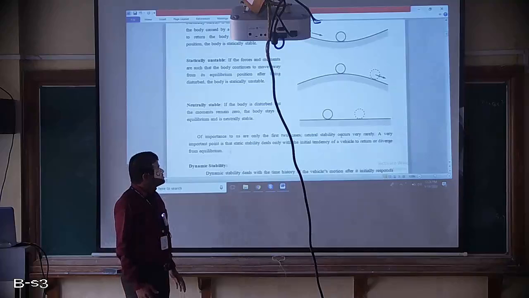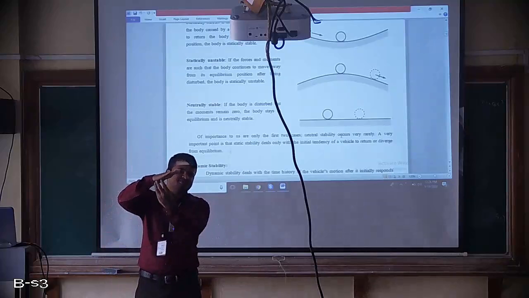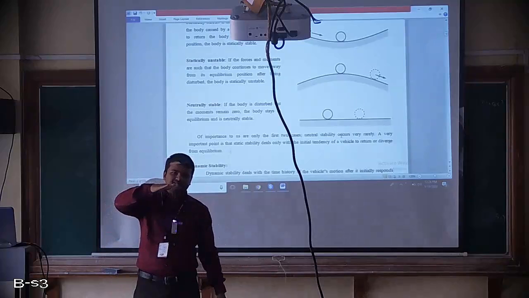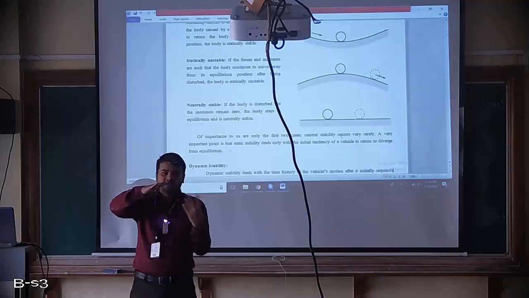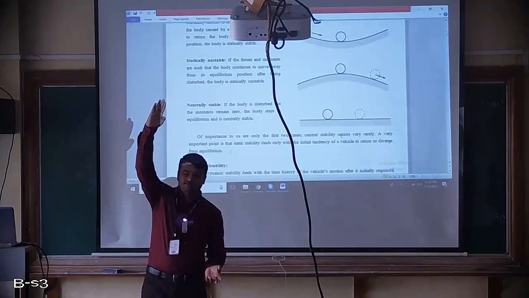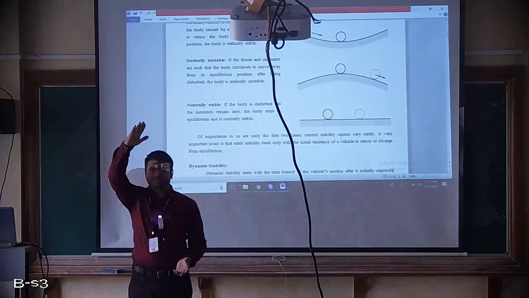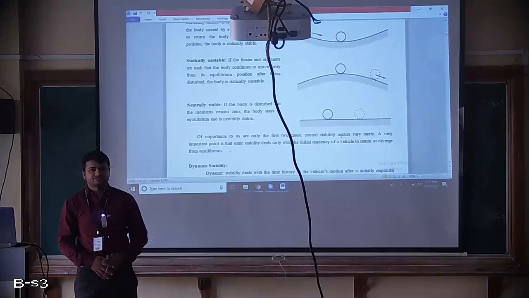So in aircraft also same case. Aircraft is flying, the wind is coming and disturbing it. Let us say it's pitching up the aircraft nose a little bit, and it will not come back. Instead, it will just go on like this. That means the aircraft is statically unstable, or we can call that as a negative static stability.